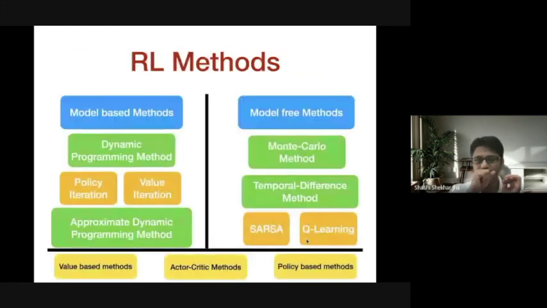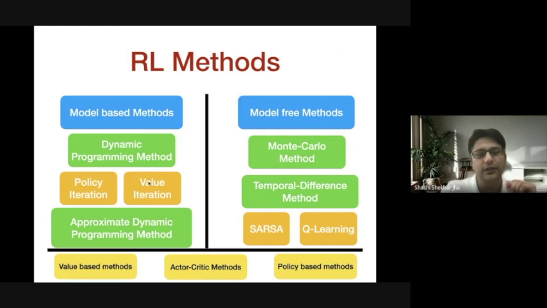Okay. And then these are the set of methods that we can use to find the optimal policies. I have listed all possible RL methods here. You can segregate these methods into model-based methods and model-free methods. What is a model-based method? It is where we use the model of the environment, where the transition functions are given. Under model-based methods, we have dynamic programming-based methods, and two famous methods within dynamic programming are called policy iteration and value iteration. In today's session, we'll actually touch upon these two methods.